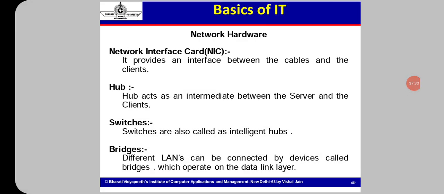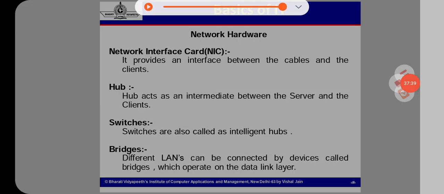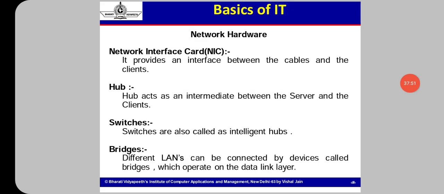So next, another network device is the hub. What is a hub? A hub is a type of network device generally used in a client server environment, used to connect or join server systems and nodes. So generally hubs are used to connect any number of systems in a network.